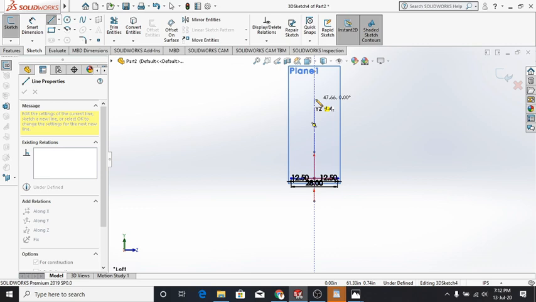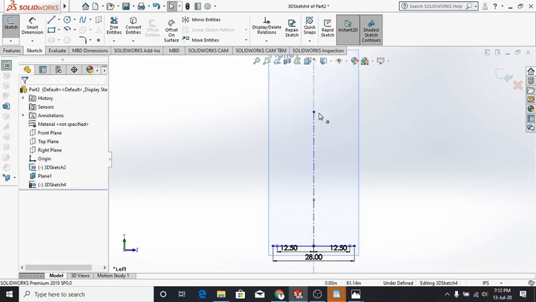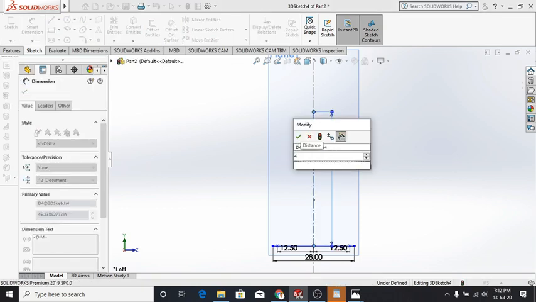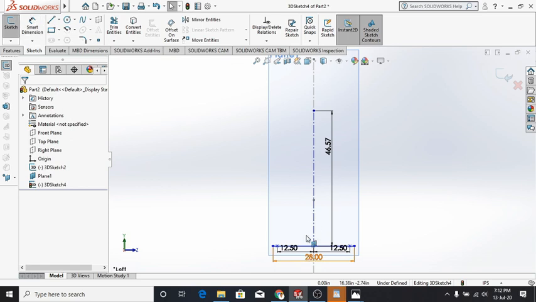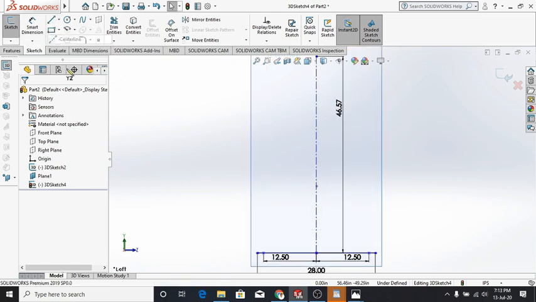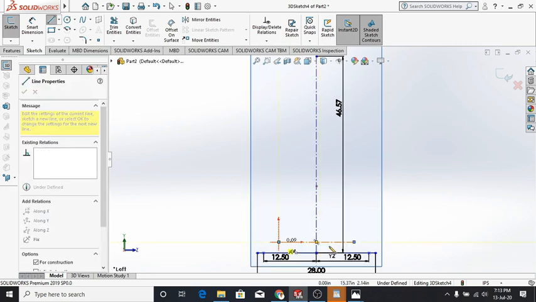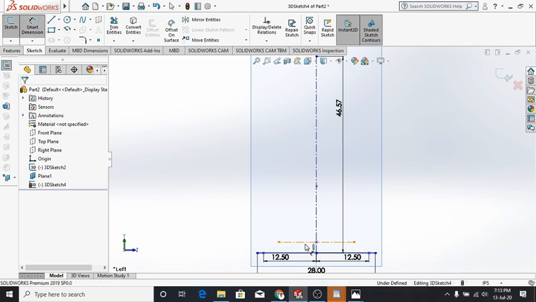Okay, center line, that will be the height of the RRH, that will be 46.57 inches. I'll be giving a calculation how to choose that. 46.57 inches. Okay, let me make it here and let me draw a center line, that too a midpoint line, just randomly here, and edit the distance from here to here to be 3 inches.